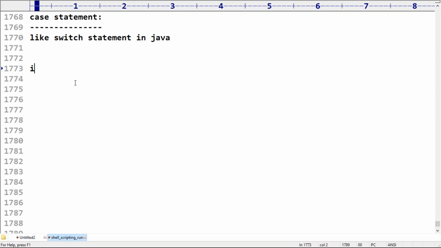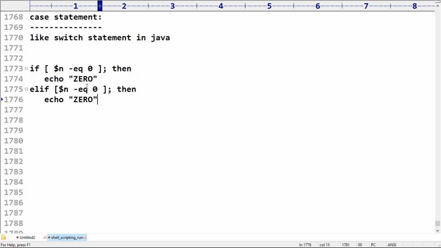If the n value is equal to 0, then echo, print 0. Next, elif, if dollar n is 1, then print one.